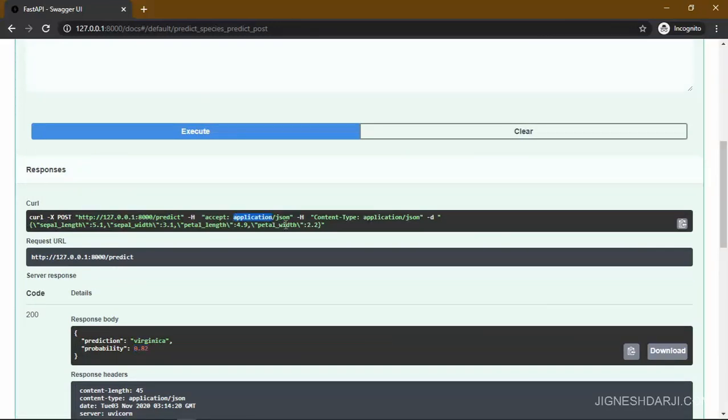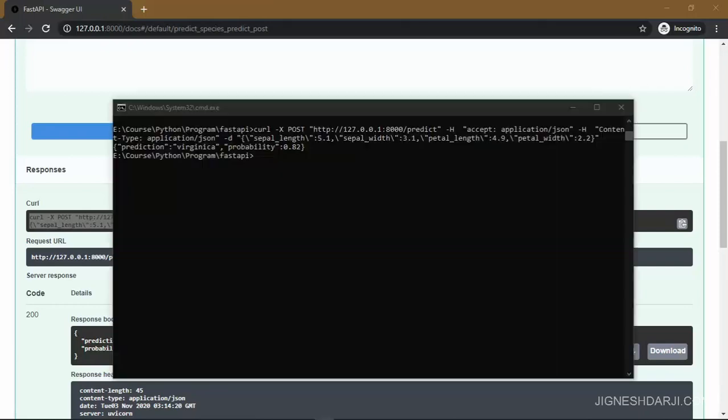And if you want to execute a command using the CMD, you can copy this particular curl and paste it in the CMD, and we get the same response as the Swagger UI. So let's open the CMD and execute this command over there. You can check that I get the same response with the prediction and the probability. So we conclude that we created one sample